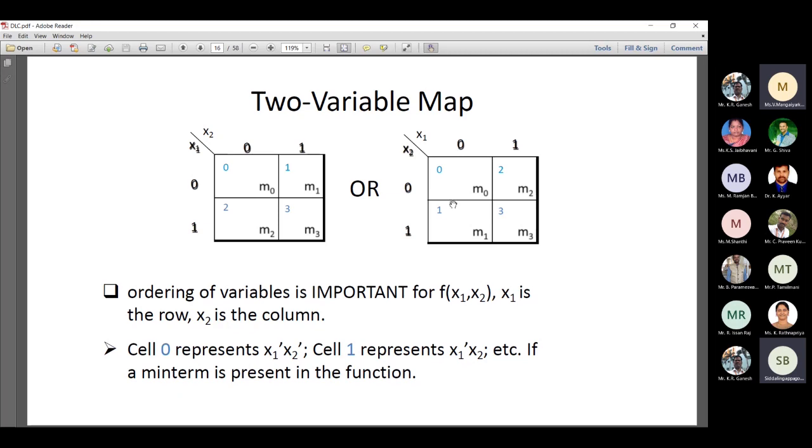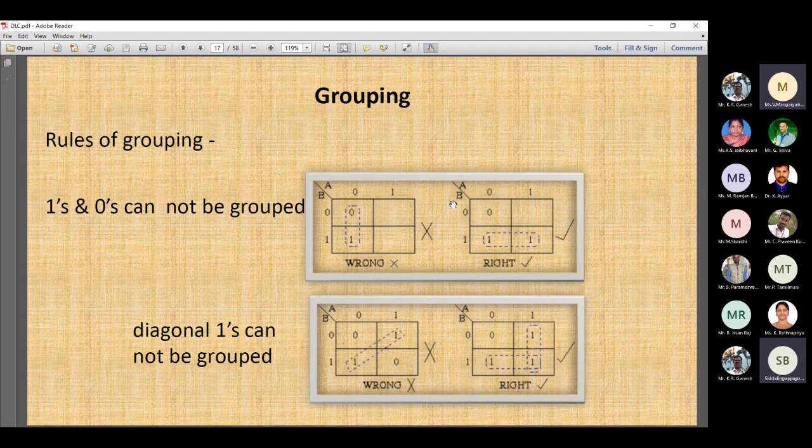So this is a two variable K-map. And grouping: if you want to group a two variable K-map, how are you going to give a group? Here if you see, if you have a 0 1, then this type of grouping is not possible, it is wrong. So usually we group with 1 1. There are multiple ways of grouping. You can group a single one, but in this case it is not possible, right? So this type of grouping is wrong. You can group a single one only if there is no possibility of grouping with another one.